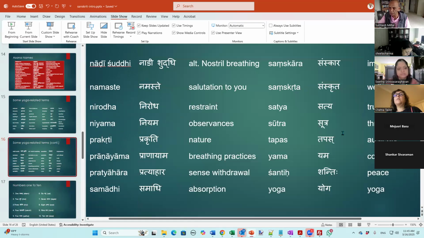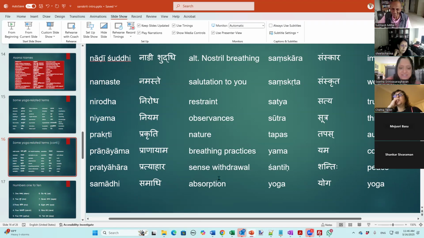So, I don't think I need to go through this. I guess you can read these on your own. Just learn to recognize these bars and dots, and these like a dash on top. What do you call it? How do you describe the symbol in English? Tilde, something like that. Okay, so that's the way you pronounce these words.